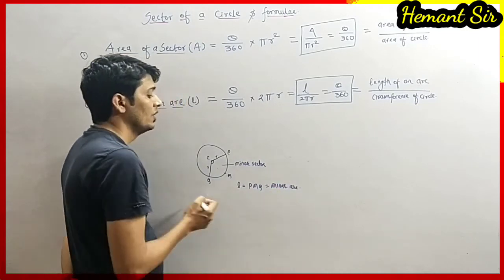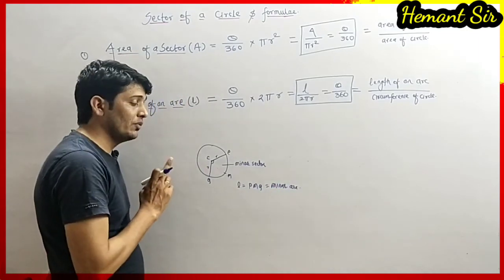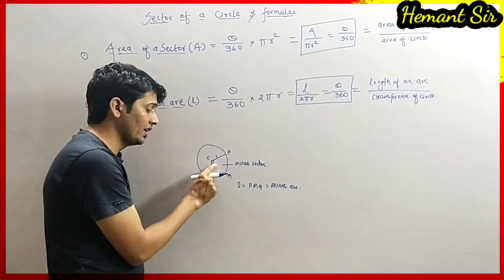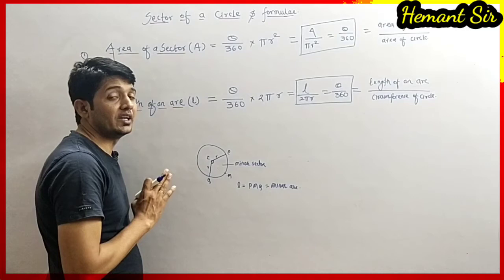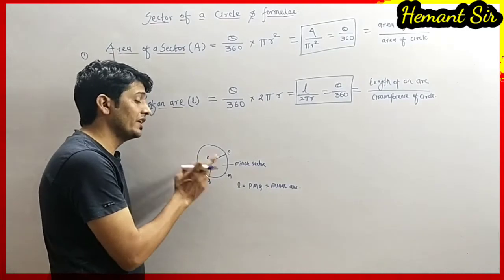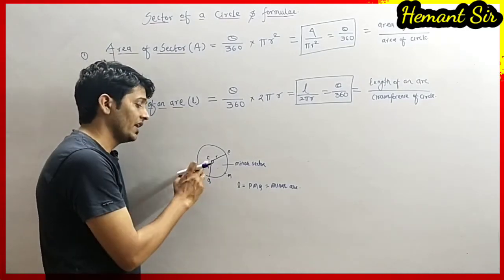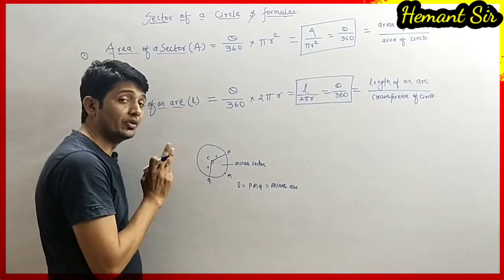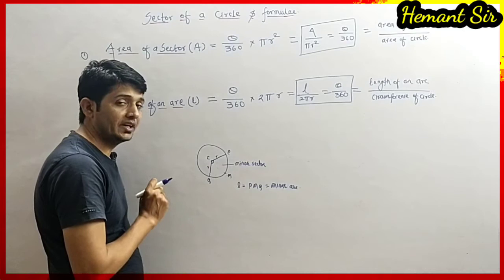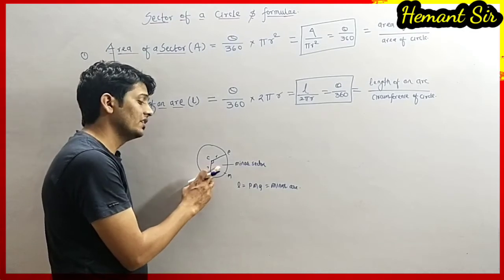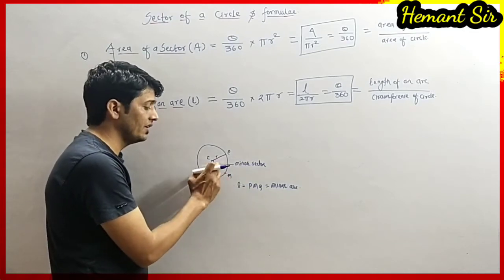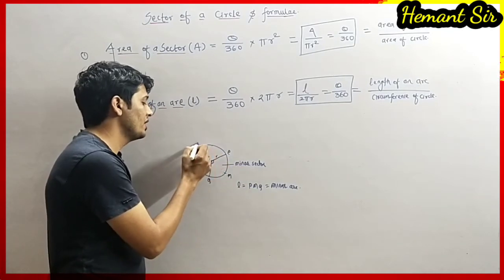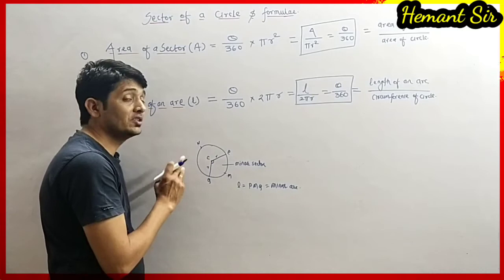Minor arc. Which is going to decide whether it is minor arc or major arc? This angle. If this angle is less than 180 degree, if circle is divided into two parts, then okay. If this angle between two radius is less than 180 degree, then it is the minor arc. It is the minor sector. Whereas this arc P, N and Q is the major arc.